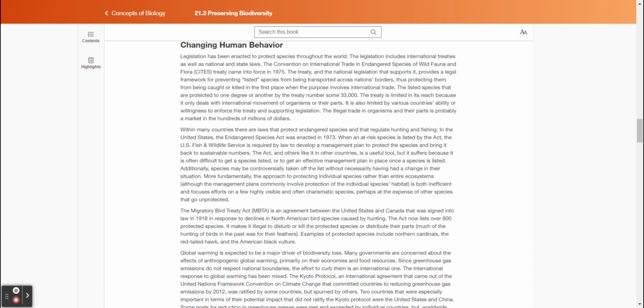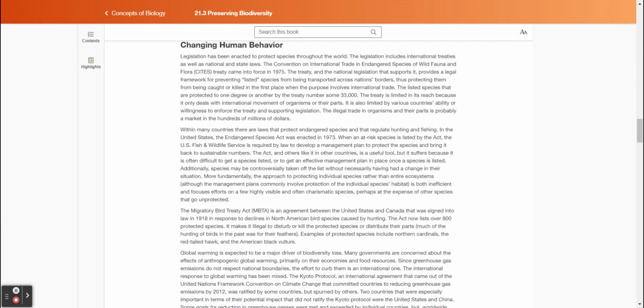In the United States, the Endangered Species Act was enacted in 1973. When an at-risk species is listed by the Act, the U.S. Fish and Wildlife Service is required by law to develop a management plan to protect the species and bring it back to sustainable numbers. The Act, and others like it in other countries, is a useful tool, but it suffers